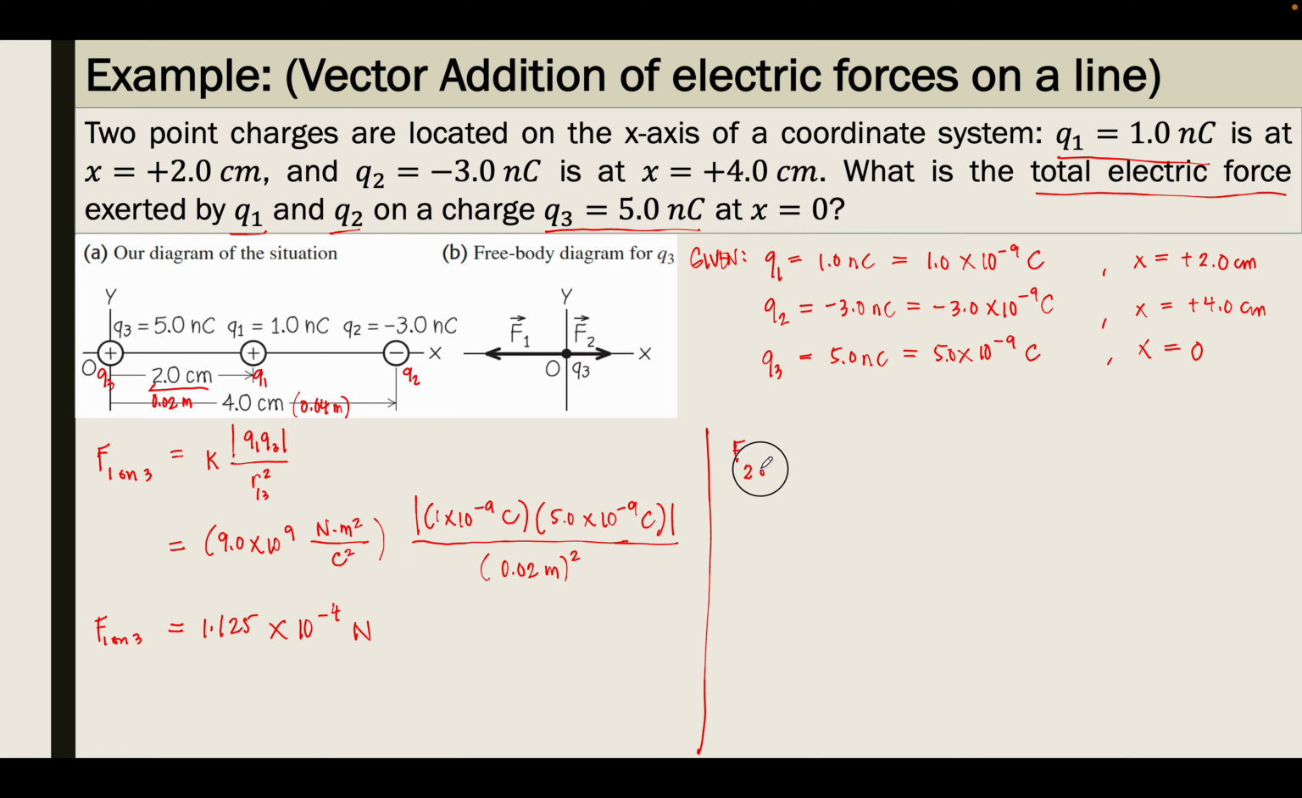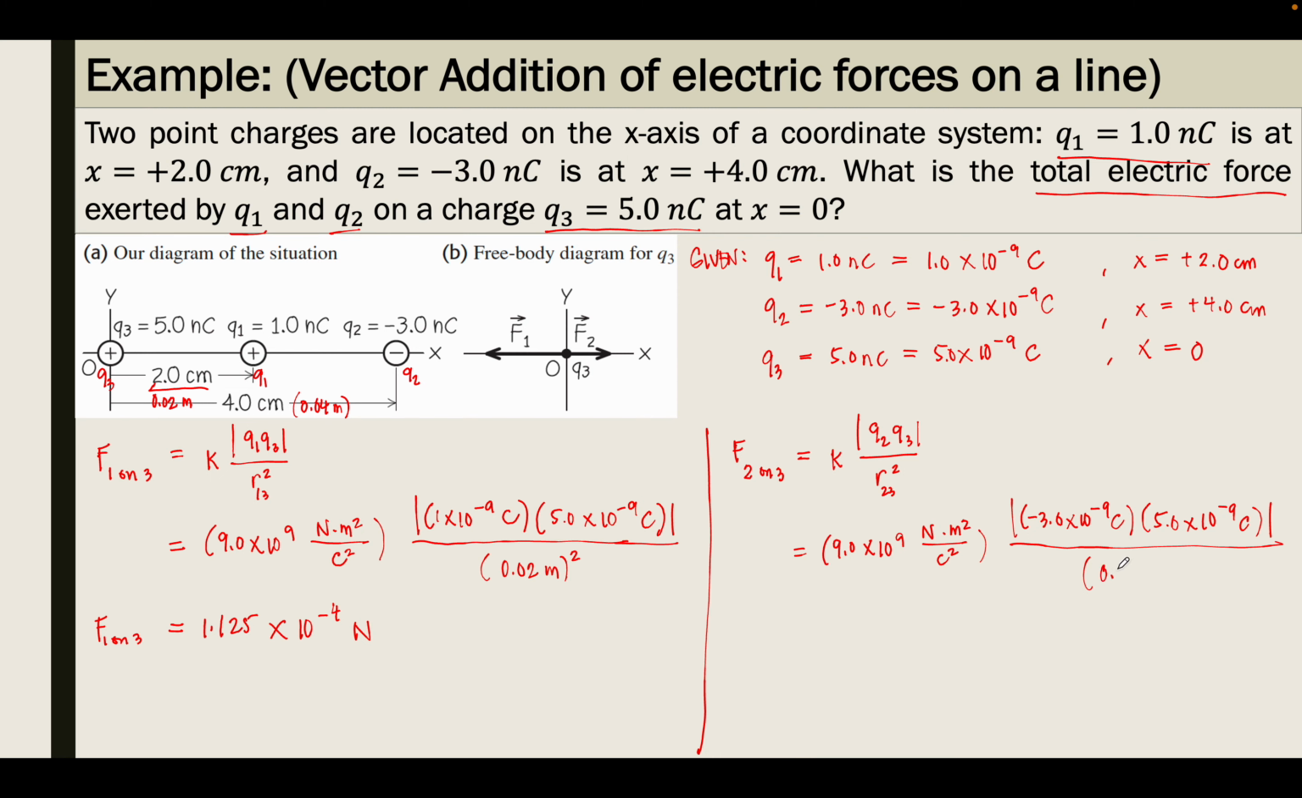Force that Q2 exerts on Q3. Here we have K times Q2 times Q3 divided by R23 squared. Again we have 9 times 10 to the power of positive 9 Newton meter squared over Coulomb squared, times Q2, which is negative 3 times 10 to the power of negative 9 Coulomb, times Q3, which is 5 times 10 to the power of negative 9 Coulomb, divided by our R, which is 4 centimeters